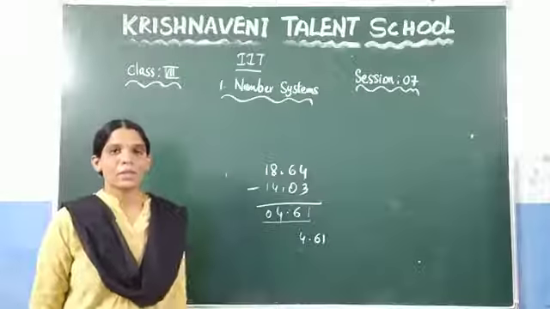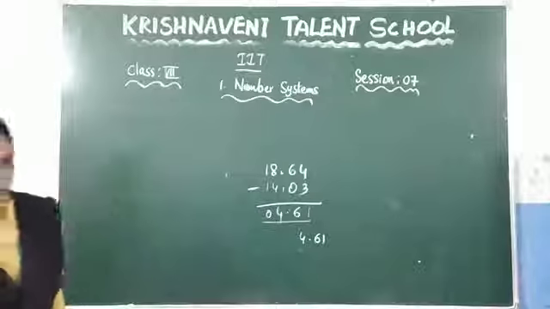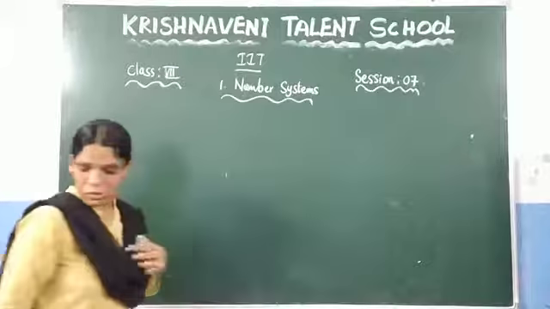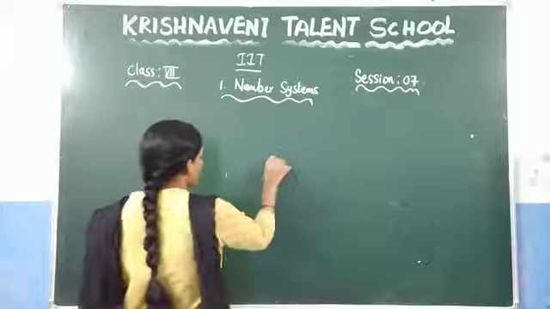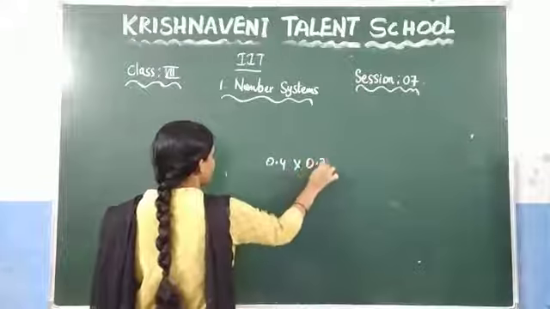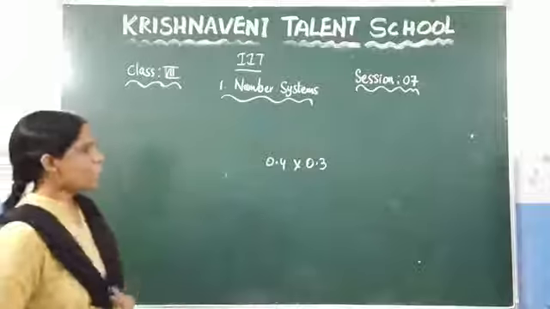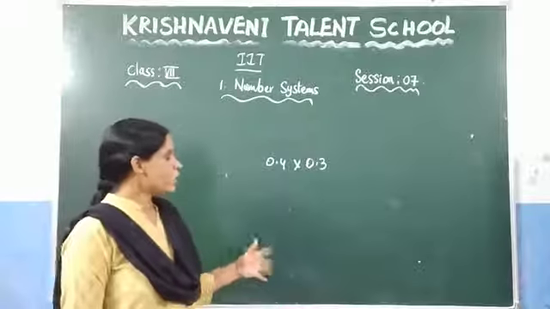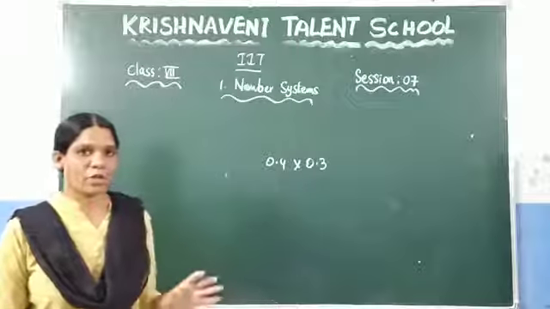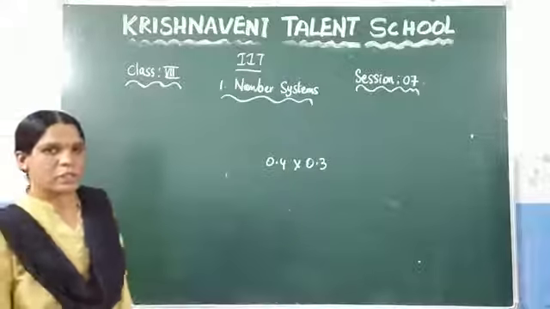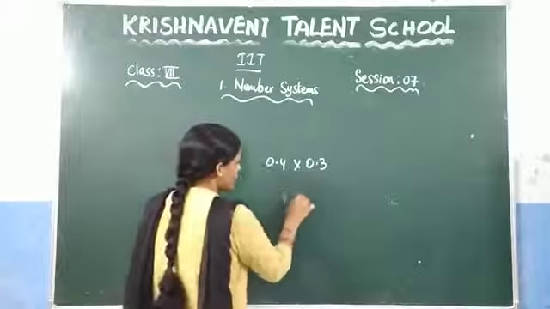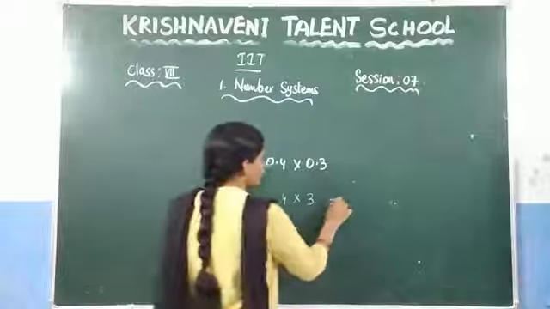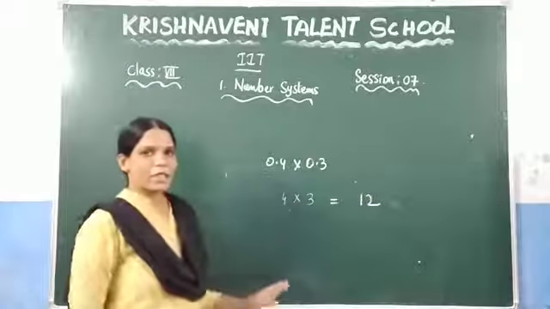Now let us see how to multiply two decimal numbers. Suppose if you want to multiply 0.4 into 0.3. Here how do you multiply if you have given two decimal numbers? So here first let us forget the decimal points. So if you leave the decimal points, what you can observe here, there will be a number such that it is there here 4 into 3, right? So first let us do this one. What is the value of 4 into 3? Which is 12.